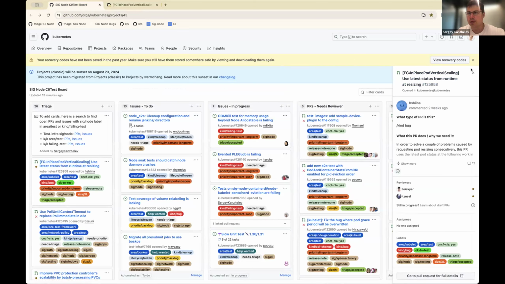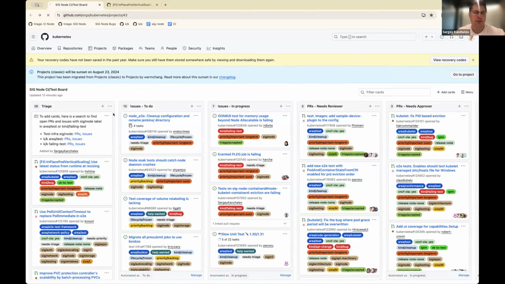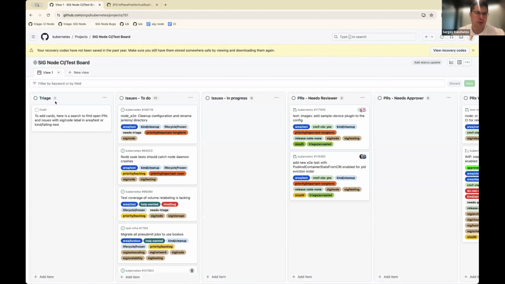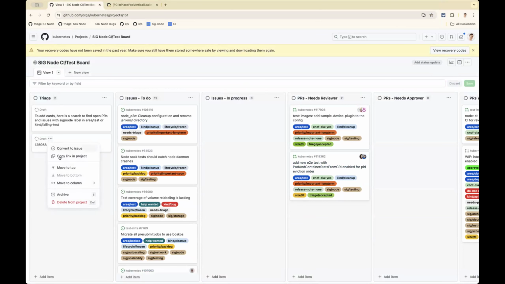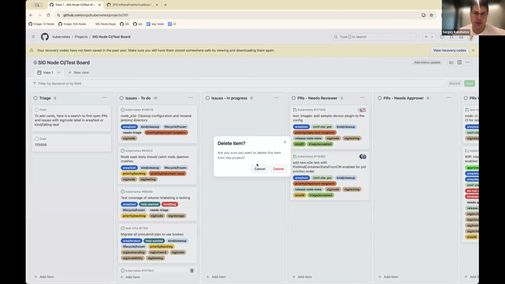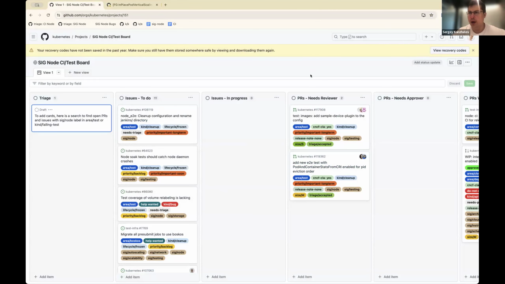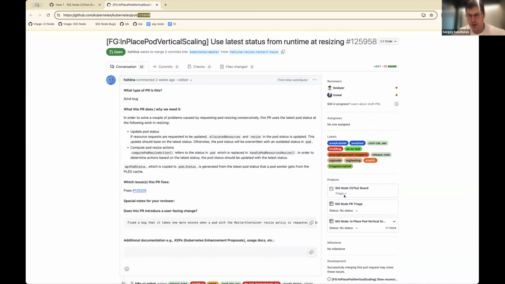I'll go to project. Anybody knows? Oh, add item. That's annoying. I don't know. I will need to learn how to use this tool. And I'm also wondering if this status will be preserved somewhere. I don't have that many, but it'll be interesting.